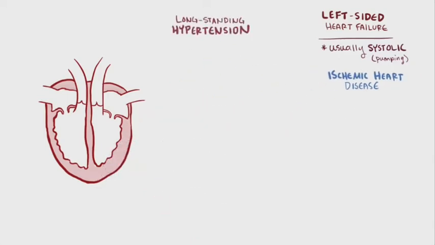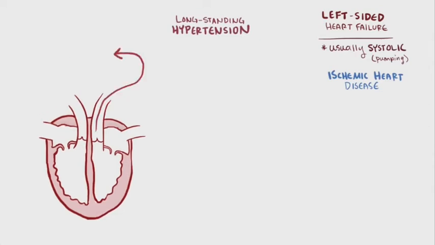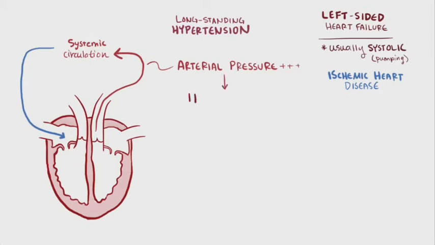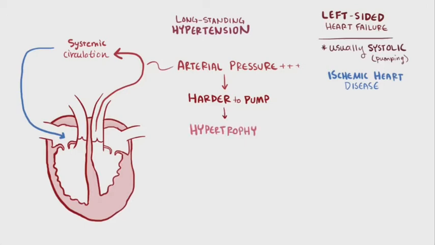Long-standing hypertension is another common cause of heart failure. This is because as arterial pressure increases in the systemic circulation, it gets harder for the left ventricle to pump blood out into that hypertensive systemic circulation. To compensate, the left ventricle actually bulks up, and its muscles hypertrophy, or grow so that the ventricle can contract